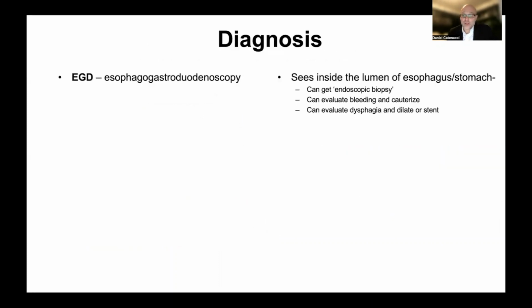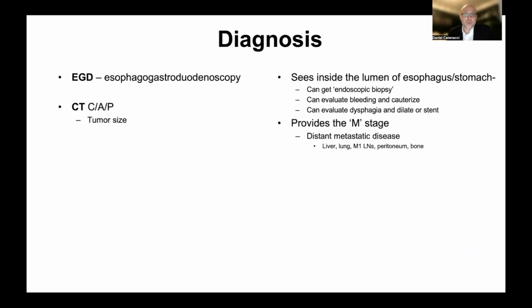So in addition to an upper endoscopy, we would be doing a CAT scan. And usually this is after presenting with usually localized symptoms that lead to an upper endoscopy first and confirmation of a biopsy of cancer there. And a CAT scan is then done to evaluate other sites if there are other sites of spread of the